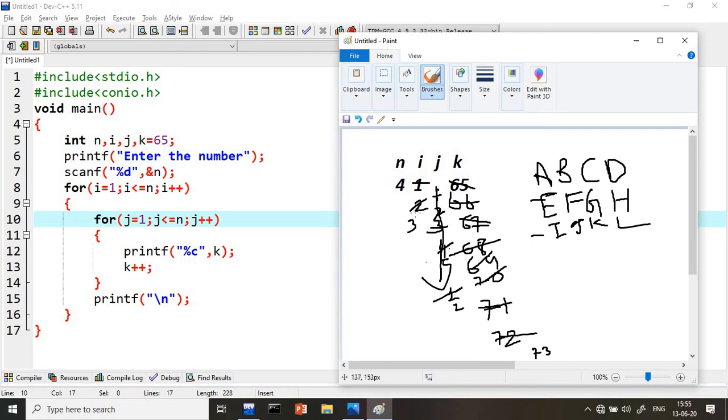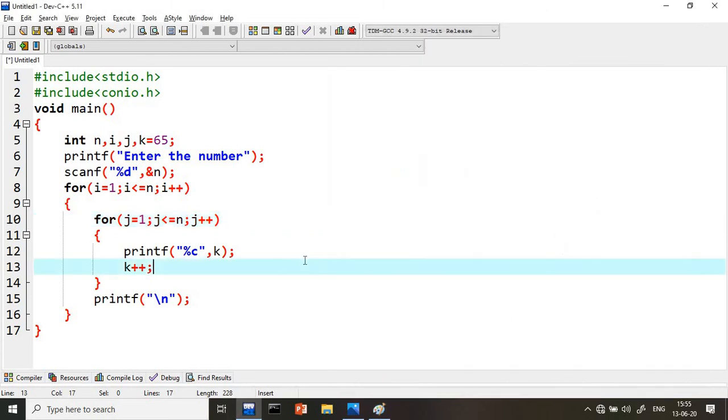Again the i value will become 4 and the j value will become 1. So again this is 4 times it will come. So like this your complete pattern will be printed: I, J, K, L. Then here you will get M, continuation, guys, N, O and P. So will we get the same thing or not? Just see the output here.